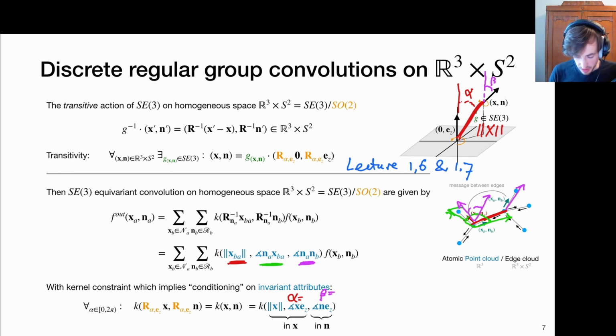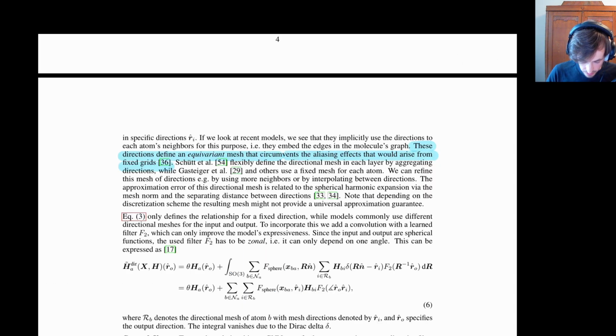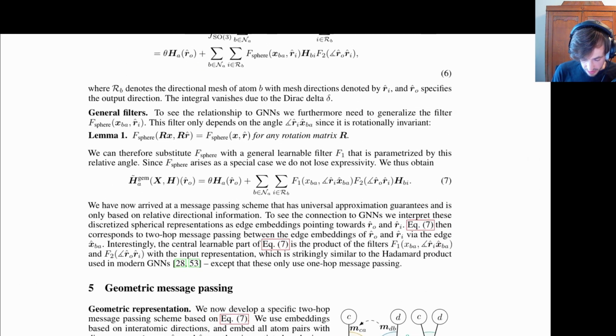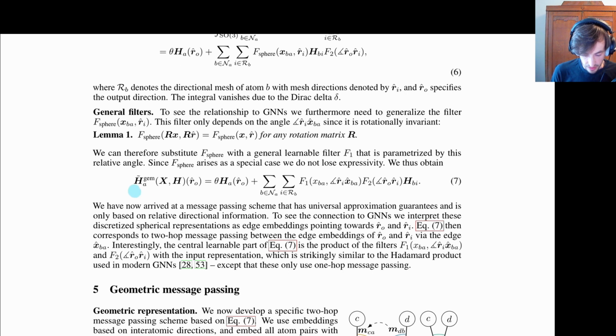So let's go back to their paper and see what it looks like in their paper. All right, so in this paper they indeed derived that the feature maps at each base point, atom location A, they have a certain grid direction RO, so we use the N notation. So for each base point and each direction, the result of the filtering response is given by, well, the current